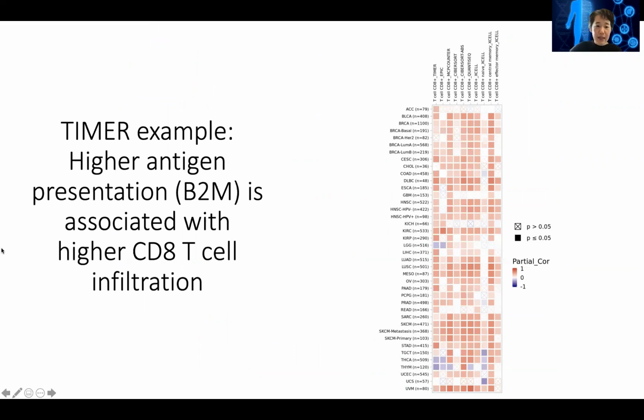TIMER algorithm has already looked at the expression level of the genes and also the immune infiltration of the different tumors in TCGA. And so here, each row is one cancer type and each column is an immune infiltration estimation method. For example, there's a TIMER estimate, there's EPIC estimate, and xCell is a different algorithm, QuantiSeq is a different algorithm, but you can see red means positive correlation and blue